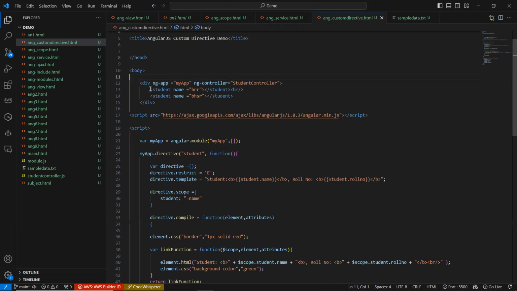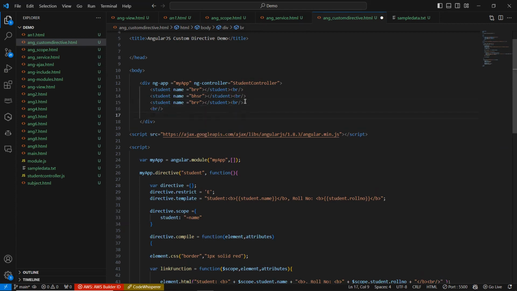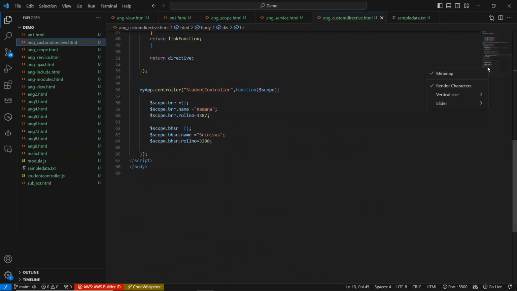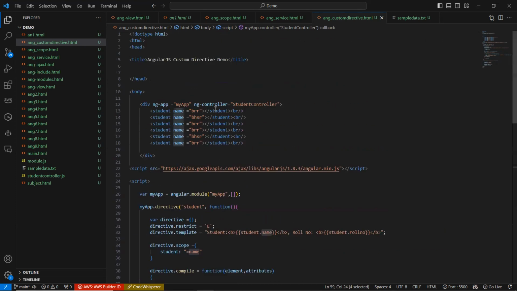So like this, you can repeat this. The same number of times you can repeat, and those many times it will display. Okay, so basically I defined custom directives, and which basically refers to the name coming here, and this is my